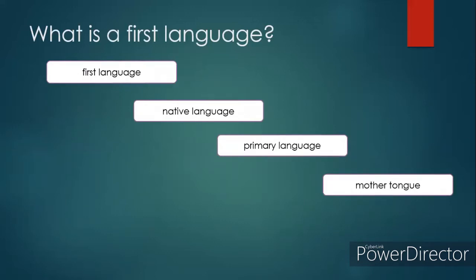Okay, now what is first language? So we have the terms first language, native language, primary language, and mother tongue. Most of the time, these terms are used interchangeably, or some linguists also believe that these terms are actually synonymous to one another because there's no clear-cut differences among these terms. So remember, first language, native language, primary language, mother tongue. We will meet these terms as we go on with the lessons under SLA, or second language acquisition.